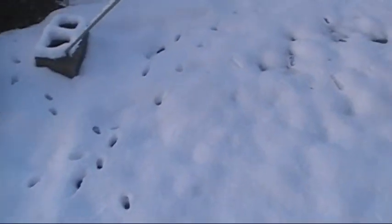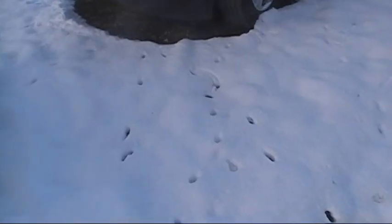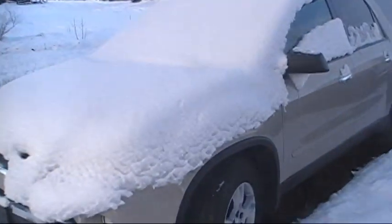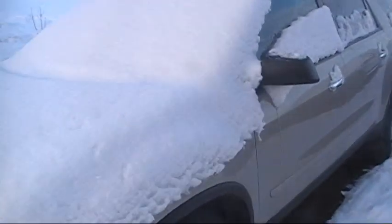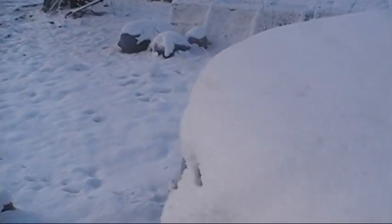Might be 6, I don't know. But the ground was warm enough, it started melting. It even melted some off the cars. But we had 2 storms, 2 fronts meet. We had a low and a high front. They met across Tennessee together, and